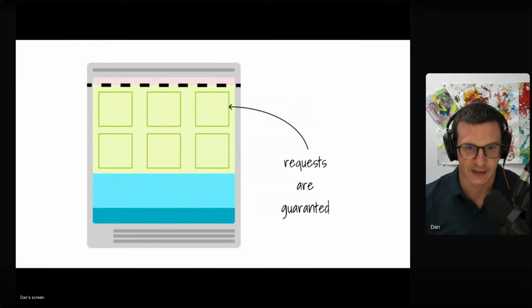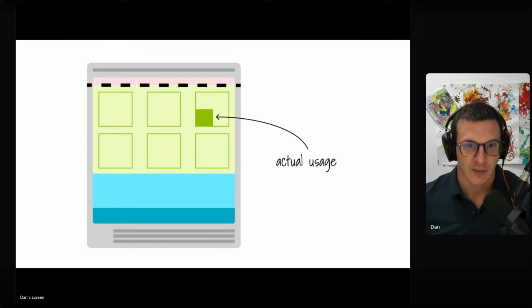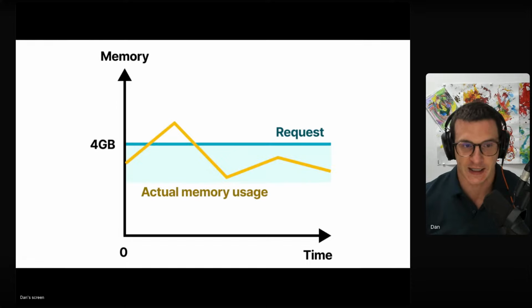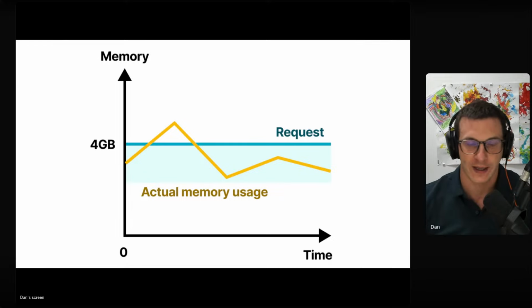So if we were to visualize this, we draw some square boxes for the requests, and what we say is requests are guaranteed, so no one can take away from me the CPU or memory that I define. But if the actual usage is less than what I requested, and no one can take away the requested resources, then I'm basically wasting all of this extra memory and CPU, right? And this is a problem, because if I define a request very high and my actual memory usage is low, then I'm wasting all of those resources that are in between the two lines.